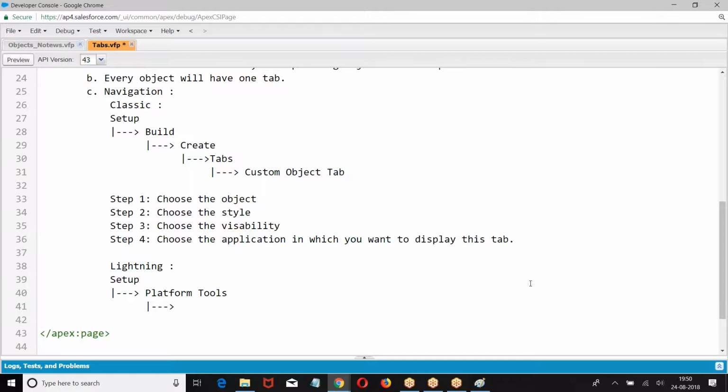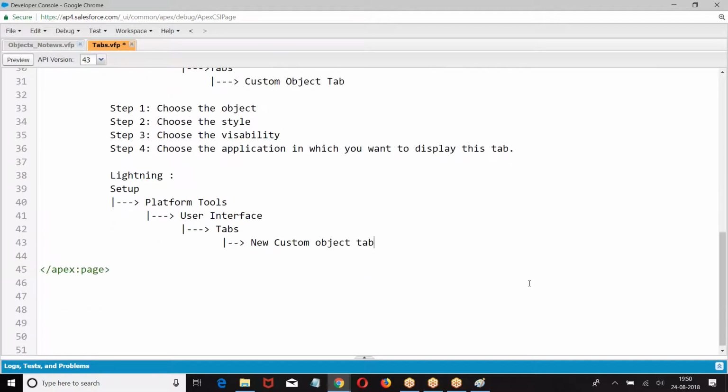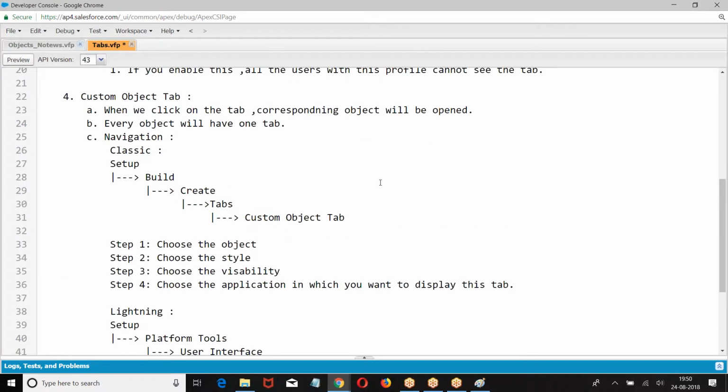Setup, platform tools, then user interface, tabs. New custom object tab. Setup, platform tools, user interface, tabs, new custom object tab. This is how we have created the tabs here.